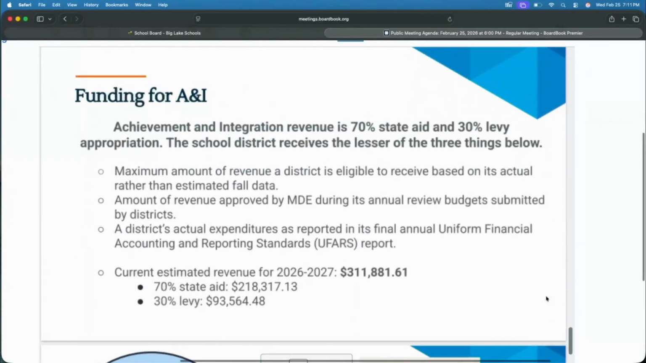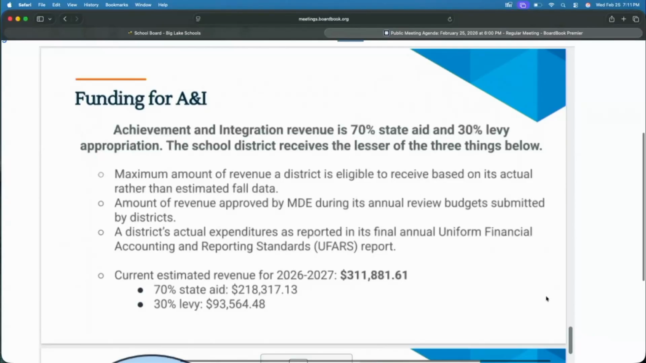So funding for A&I, so A&I is state aid, so it's not a grant, it's actually state aid. 70% of it comes from state aid, 30% of it comes from board-approved levy. And so that's why you need to approve this, because that does come from board-approved levy. So the three ways that we get this funding is the lesser of, I want to put that out there,